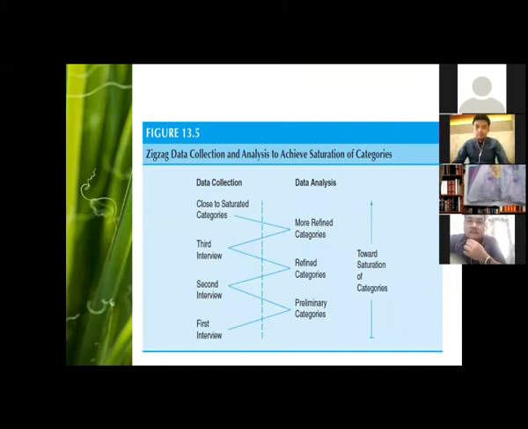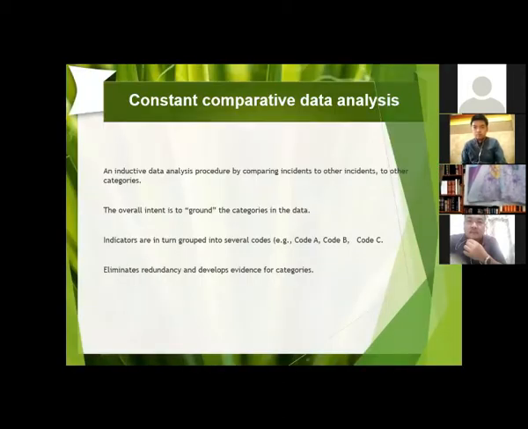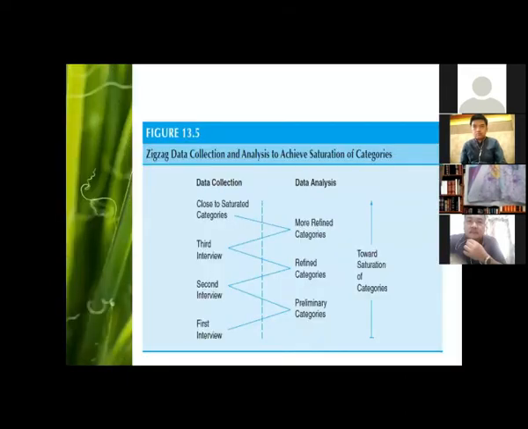Okay, next, Bro Ricky. Okay, perhaps this is what we call theoretical sampling. What about... okay, now let's have a look at